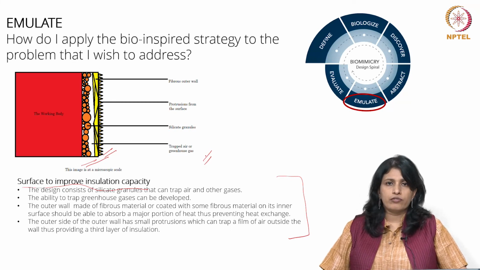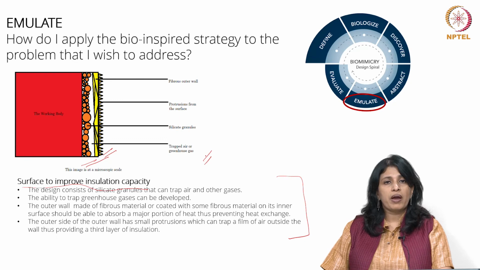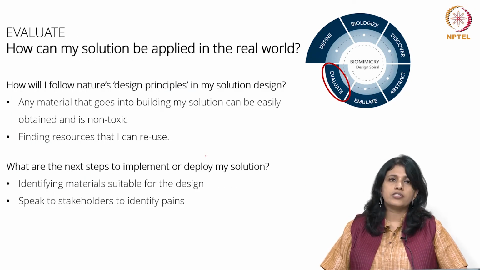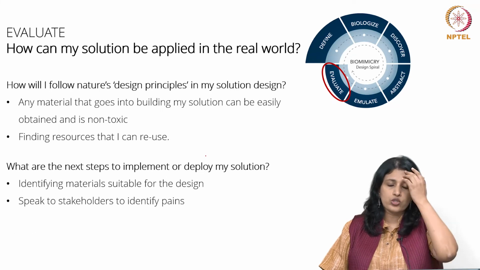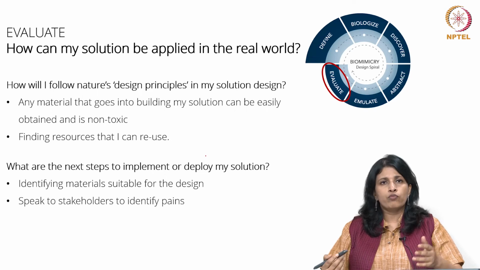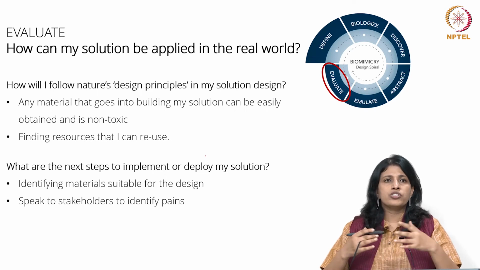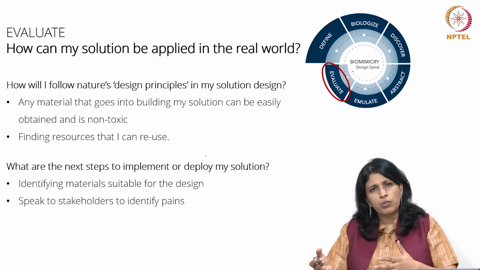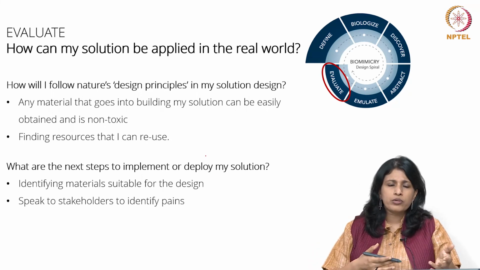Now that's not the end, of course. It's not enough if you just say, oh great, I have this idea, what do I do with it? I have created a great idea. That's not the end of it. So the spiral also urges you to evaluate your idea. Now evaluate is an important step, especially if you're looking to implement your idea, you're looking to deploy the idea. So it involves looking at who the stakeholders are, what could be the problems with your idea, what are the good things about the idea, can you look at the problems and fix those problems, can you look at the good things, can you enhance those things,